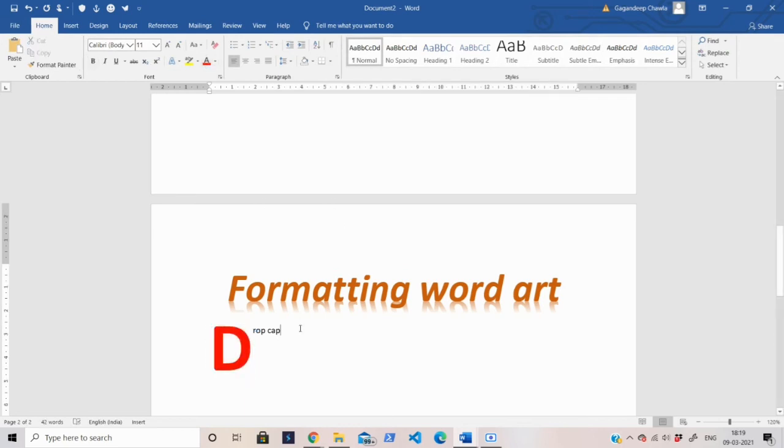Then let's write the text: drop cap option gives an artistic touch to the Word document. Okay, so this is how the drop cap option works.